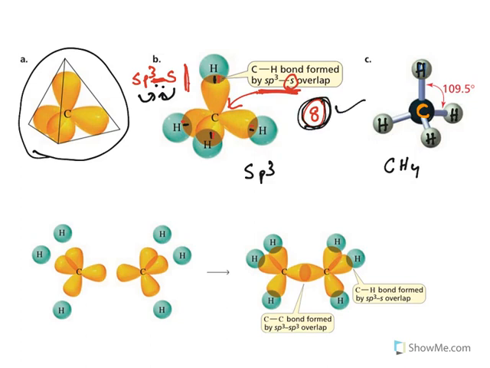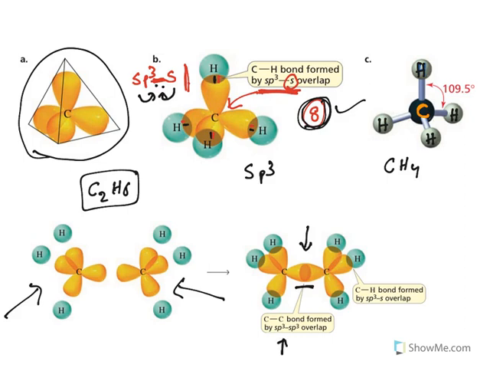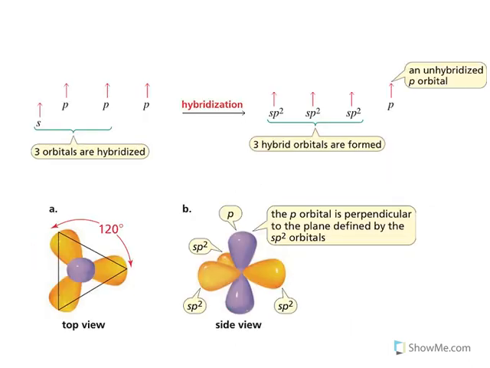Now, C2H6, ethane. In ethane you have CH3 and CH3 and the combination results in this kind of bonds. Again look at this: the C and C bond is because of overlap of sp3 and sp3, whereas C and H is because of sp3 and s. These types of questions keep coming again and again, and this bond is known as a sigma bond. A sigma bond has the highest overlap of electrons, so it is a stronger bond. So this is what we see in alkanes.